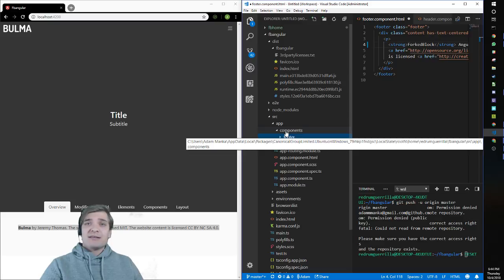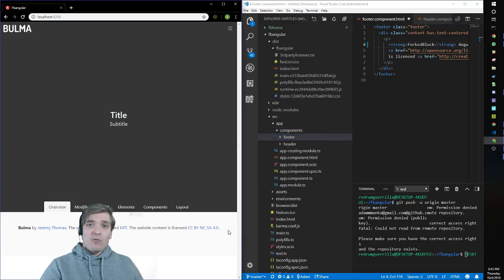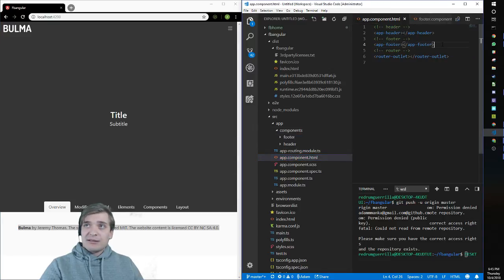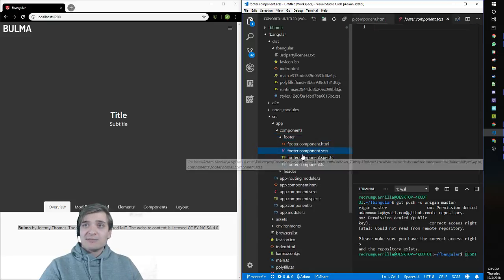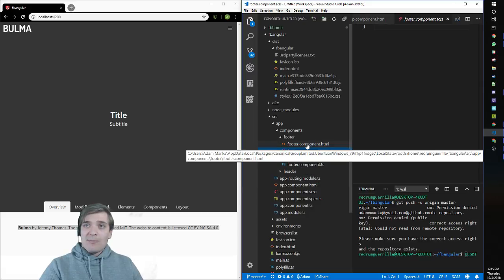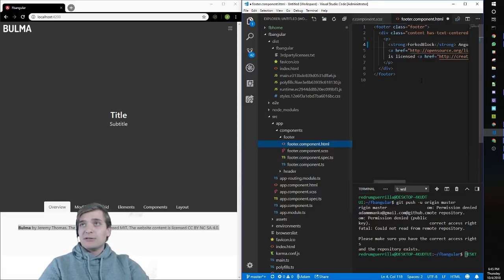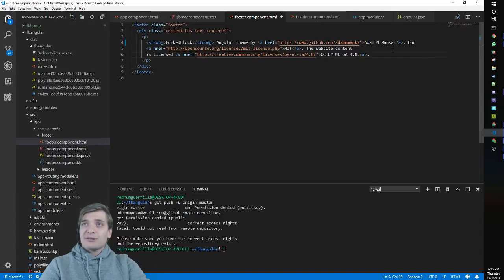But the purpose behind this is that this is now being rendered wherever we call it on this app component. This probably isn't the most ideal way to do it, but as you can see here, the DOM is referencing that as an entity. You can actually edit that specific thing. So that's what we're doing right now. If we want to style in some SCSS, we can do that. I'm not that great at SCSS, but let's just change up some simple stuff. We're gonna make a ForkedBlock theme, and so this